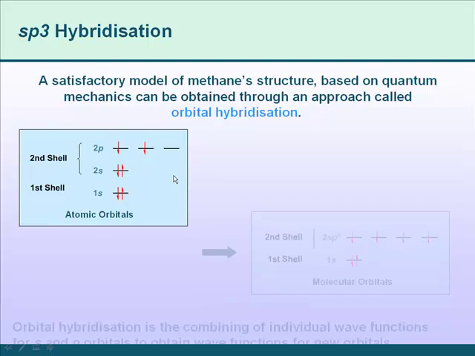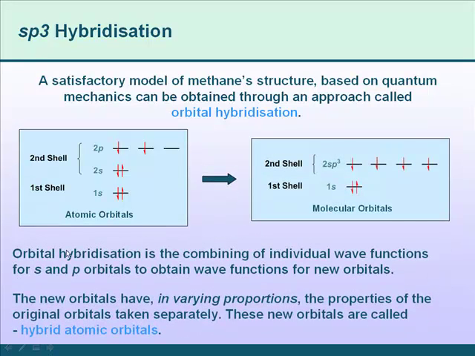And sp3 hybridization is a combining of the individual wave functions for the s and p orbitals, as originally shown here, to obtain wave functions for a new set of orbitals. And these new orbitals will have in varying proportions the properties of the original orbitals. Okay, so a more simple way of saying that is that the